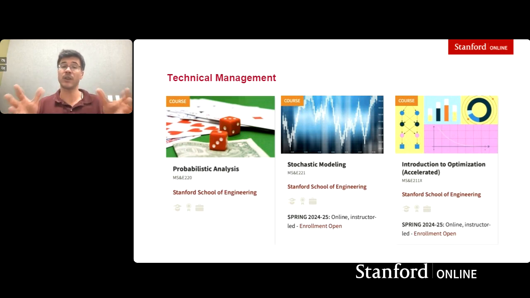These are core courses within the Management Science and Engineering department. These are core courses in their master's degree. So these are things like probabilistic analysis, stochastic modeling, introduction to optimization. If that's exciting you, then these might be the right kinds of courses for you. They will require a strong quantitative background already in order to engage in these. So these will tend to require that you already have maybe even multivariable calculus, but at least single variable calculus, probably some linear algebra under your belt, some probability and statistics. So these are pretty advanced quantitative classes. And what they will teach you to do is to harness those tools to make better decisions as a leader.